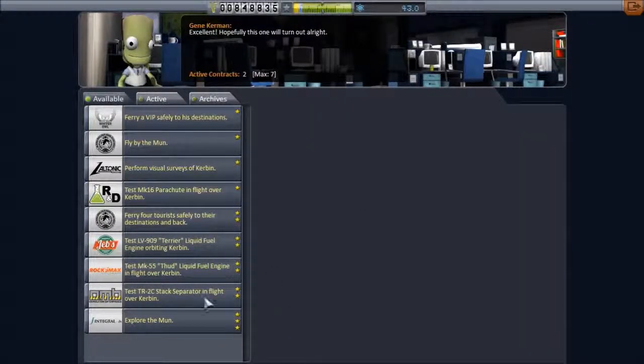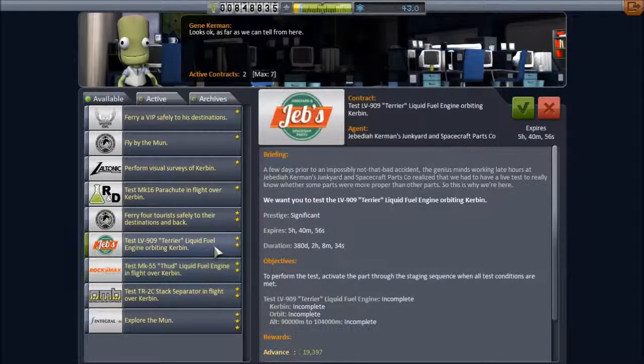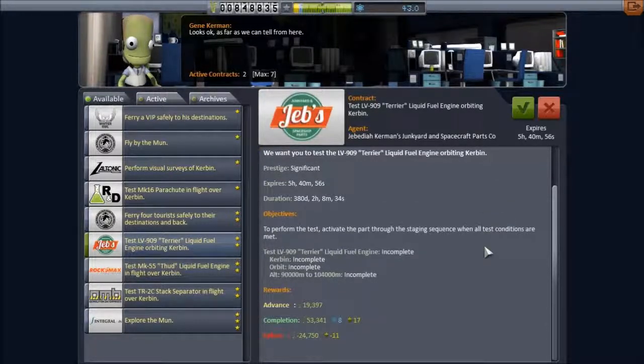And, stack separator. That may be a bit slow for that altitude. Otherwise, I would do that. I'm going to take this one as well. We're going to probably be using a Terrier engine to get the satellite into position, so...